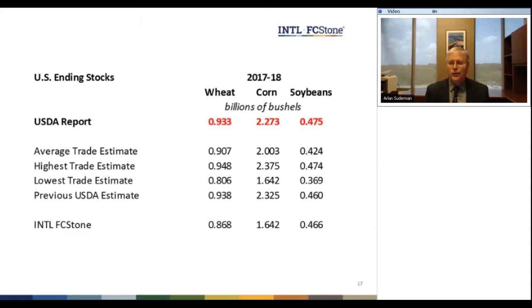It certainly has the appearance that they simply pushed exports up, not because of conviction of demand from China, which is strong and which they continuously underestimate, but it certainly makes the balance sheet look a lot better. So that is something we're going to have to watch, particularly if the crop does turn out to be as big or bigger than what USDA says, and that is still a possibility.